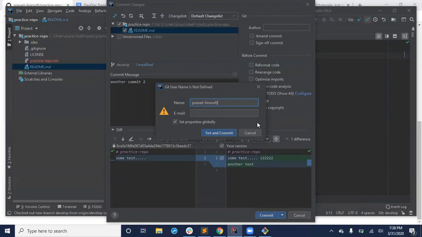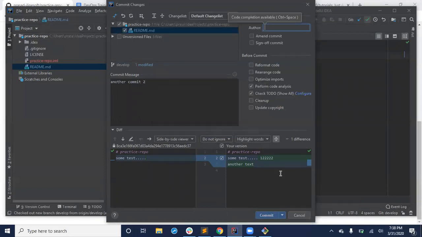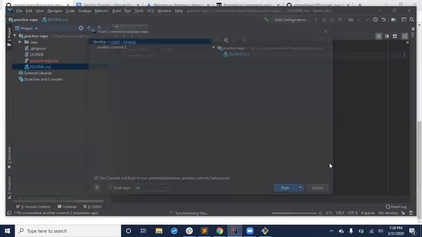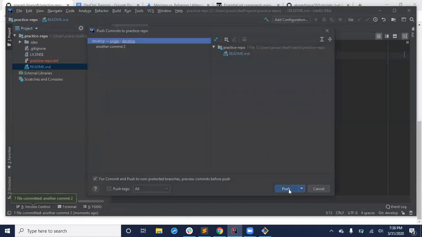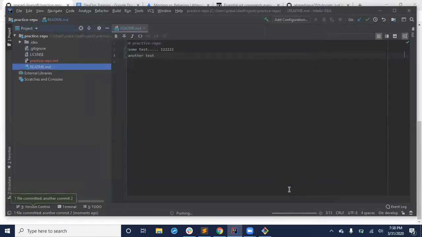Prasad-I linesoft. Email not required. Oh, it's asking. Prasad. That's it. The moment you do push, it will go on there in my main repository. You will just get a success message.